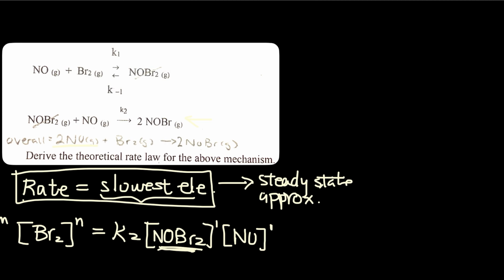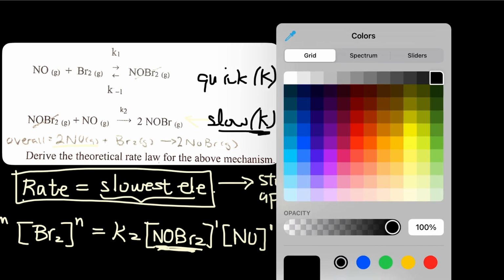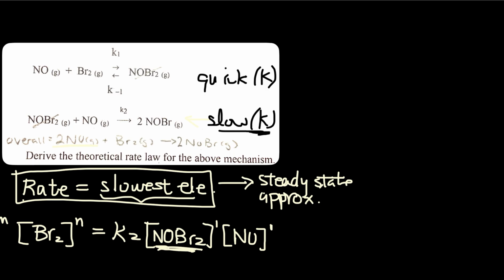Now, this is very different. How we express this intermediate is different depending on your case, and in the case of a steady state approximation, I'll show you the difference. So in a typical example, if we knew which one was a slow step and which was a quick step, for example, if they said slow and quick, or if they gave you the rate constant for this one and this one, and you found out that this k was smaller than this k, so you knew this one was a slower reaction, then in that case, use a different color,